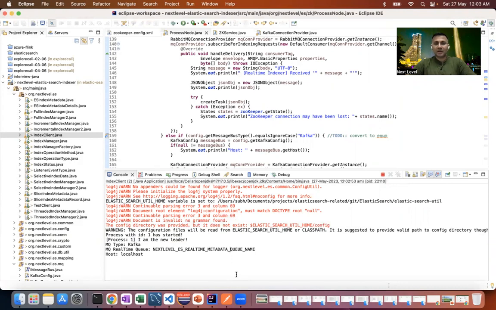Let's put a message in Kafka, which will then be picked up by the consumer. I mean, the master will consume that message and assign it to the workers. The worker will take that as a real-time indexing request and will index the document in Elasticsearch. We'll see this part step by step today. Maybe we'll keep it small, and then in the next video we'll go to